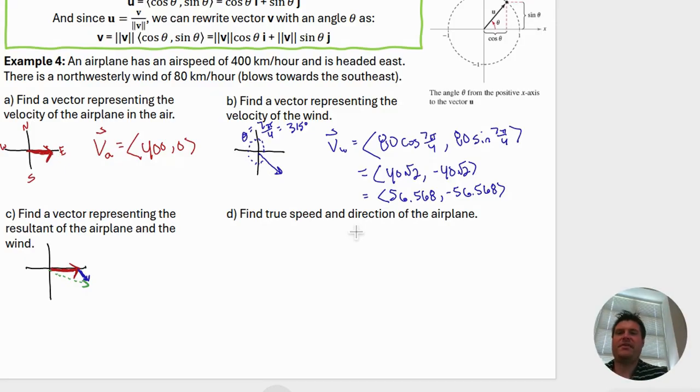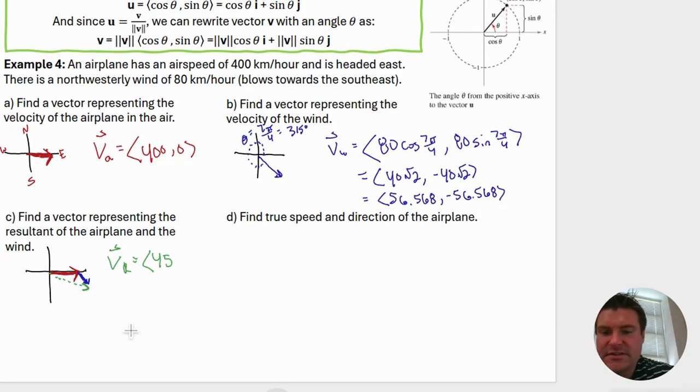And so with the airplane getting pushed by the wind, the actual airplane is going this way right here, where green is. So this is my, I'm going to label that R. So V sub R. So this is my vector of my resultant. All I'm going to do here is add up my components. So I'm going to do 400 plus this 56 something. That's going to give me